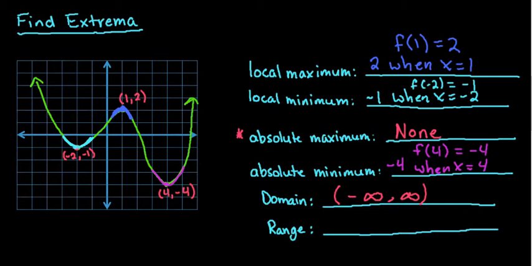The range, if you recall, is my y-coordinates. If I start down here, I don't hit anything on my y. The first time I hit something on my y happens to be my absolute minimum. So my absolute minimum is the lowest point of my range. I look at the y-coordinate, which is -4, so that's the lowest point on my graph. And then it continues forever and ever upward, so I would go to